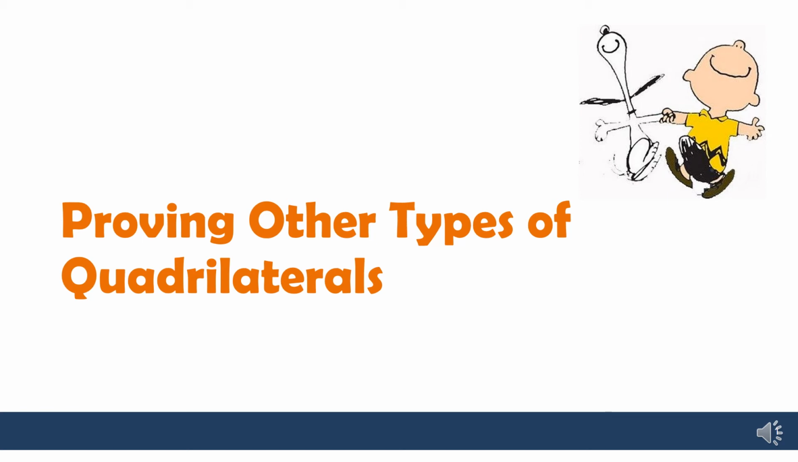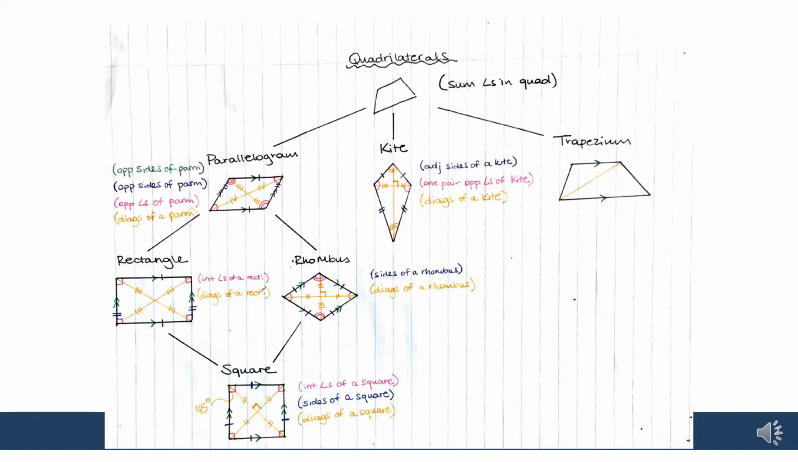Hopefully by now you are comfortable with proving parallelograms, and we're moving on to now proving all the other types of quadrilaterals. To be able to do this, I can't stress enough how important this diagram is, and we've been talking about this over and over again,